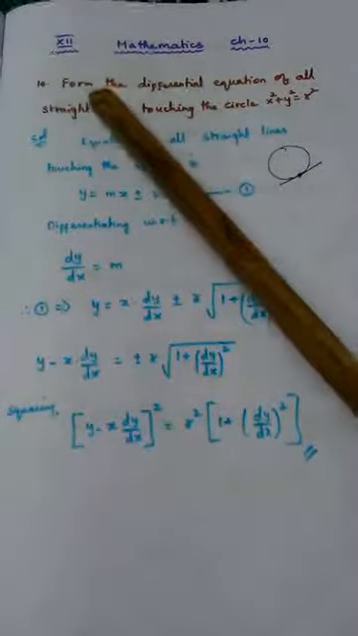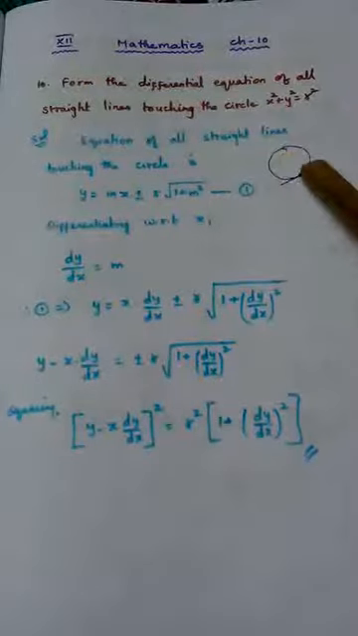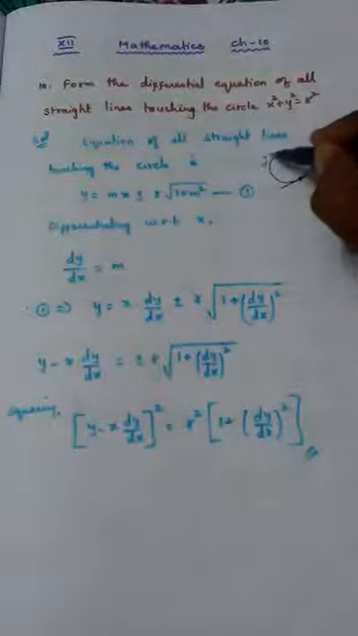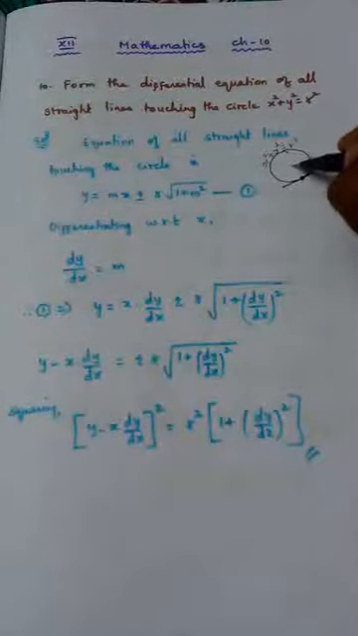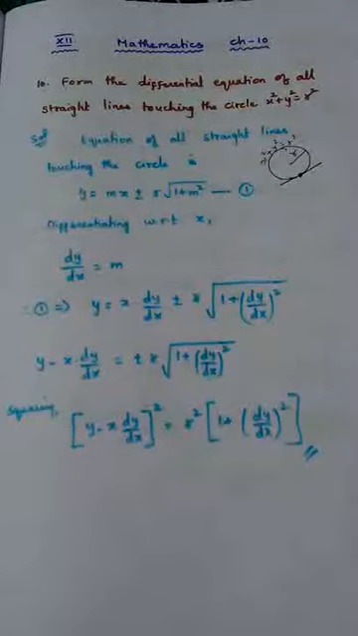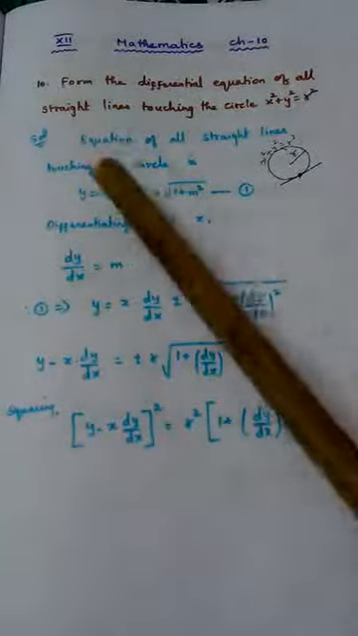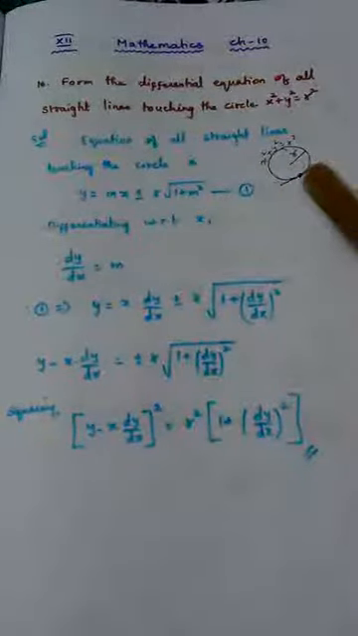Now read the question. Form the differential equation of all straight lines touching the circle x square plus y square equal to r square. The equation of this circle is nothing but x square plus y square equal to r square, where r is the radius, right? R is nothing but radius of the circle. Now since the straight line touches the circle, the straight line can be called a tangent to the circle, and we know very well the condition for a straight line to be a tangent to a circle is,